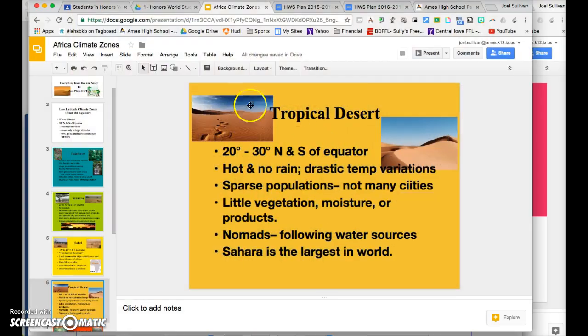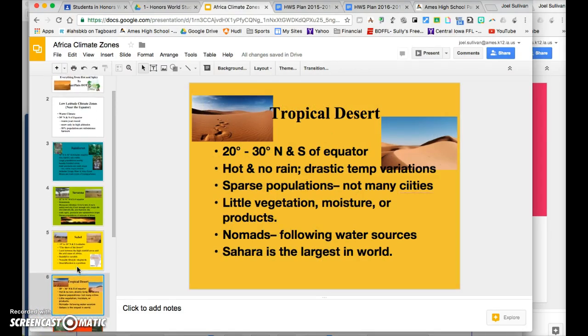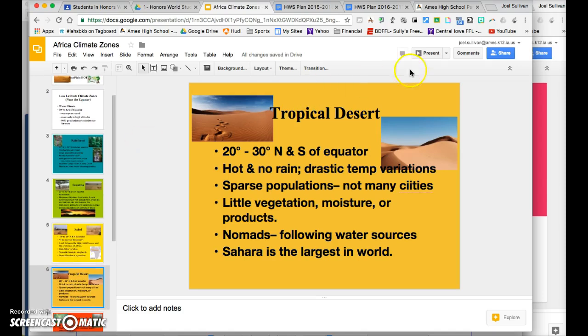I think I'm going to stop here because I'm going to run out of time pretty quick. But so in these low latitude zones, that's really where we run into some unique issues. I'm going to stop there and then we'll start